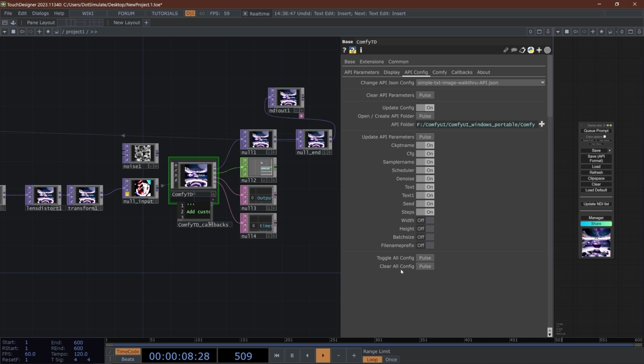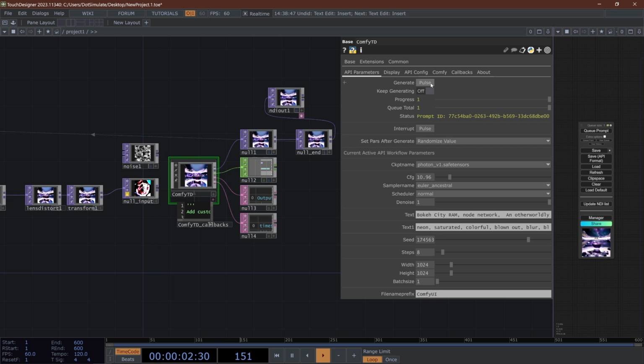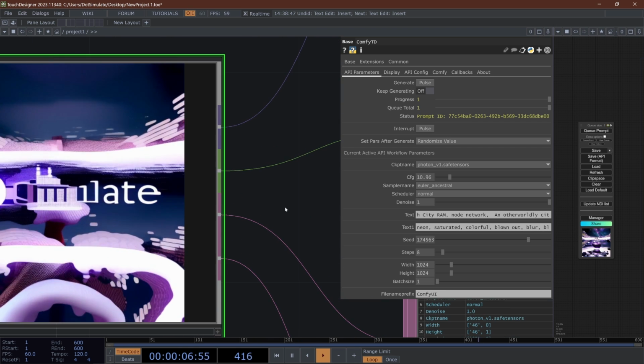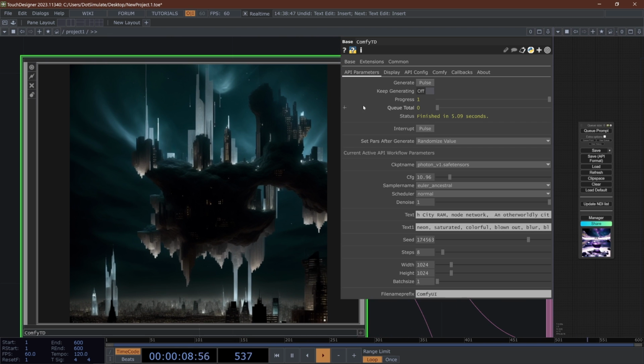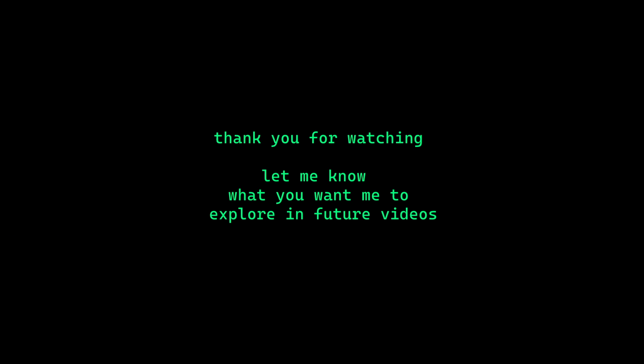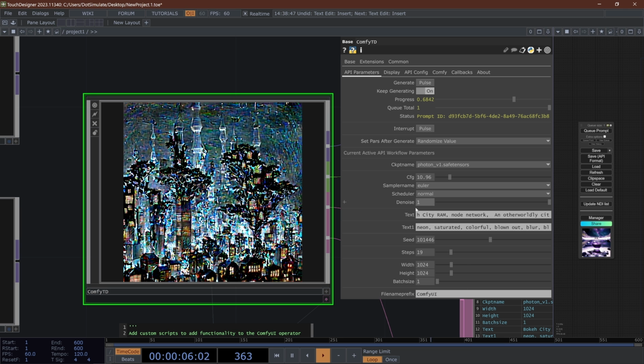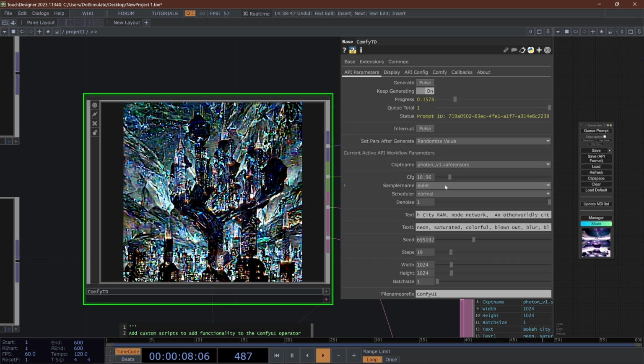And yeah, that's a long-winded little walkthrough of the ComfyUI operator. Is there anything else I need to cover? I don't know what all these settings do, but they're all good settings. And yeah,